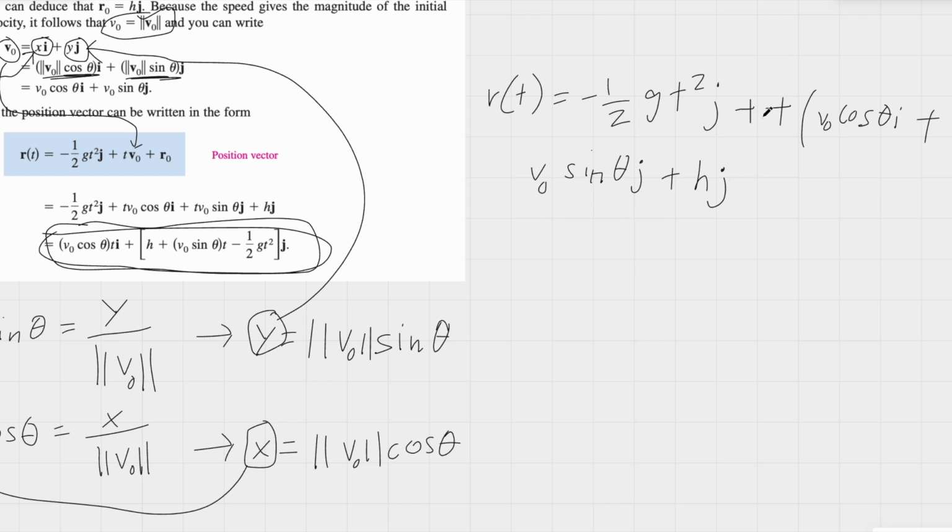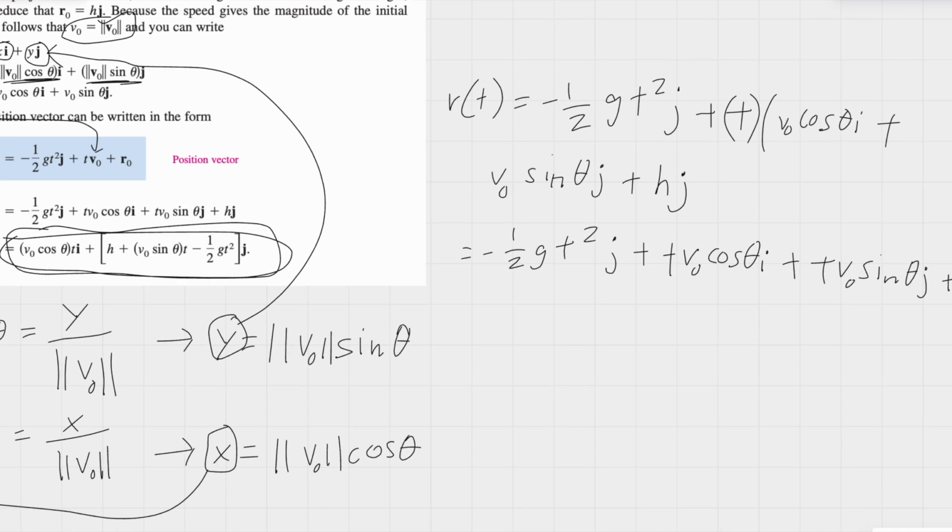So here, this is t. Here we can distribute this out. We get negative 1/2 gt squared j plus t v naught cosine theta i plus t v naught sine theta j